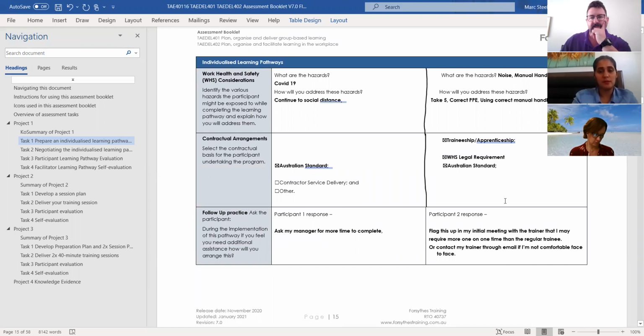Okay, some of the hazards we may come up against. I need to remove some of these. Sorry, these have been changed. So it'll be you and myself in the training room for 2 of the deliveries and 1 at your workplace.